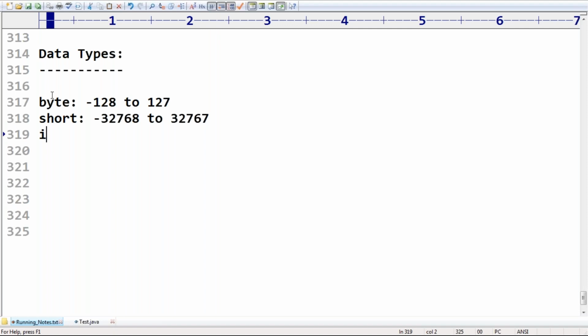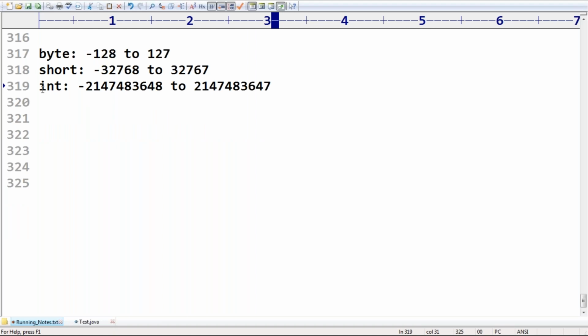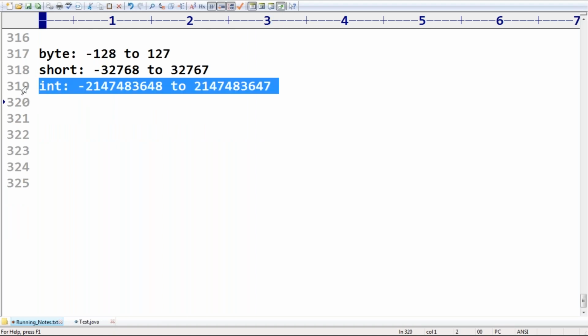Next, if you consider int type, anyone, can you please tell the range? Minus 2147483648 to 2147483647. This is the int type. Remember this one, the int range.